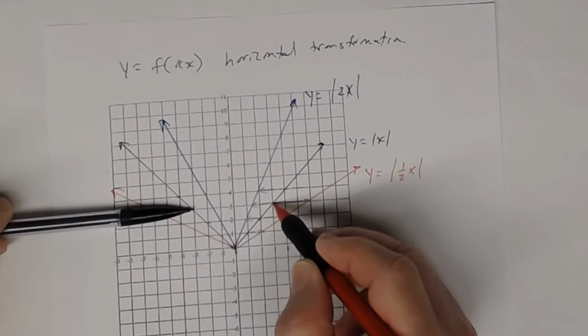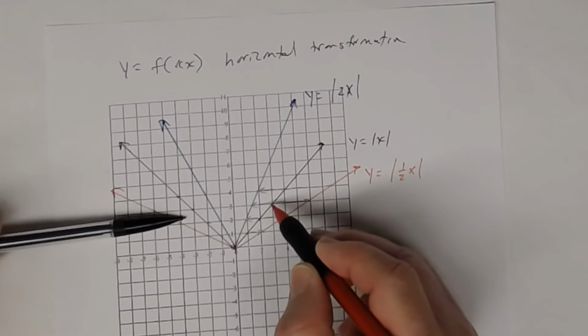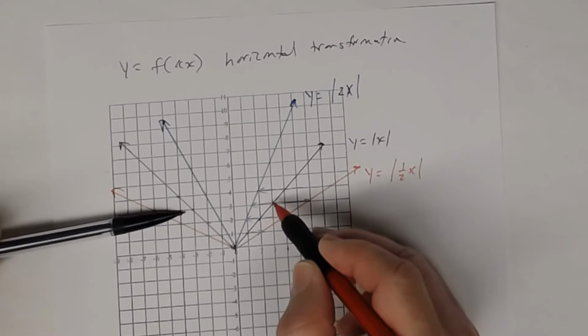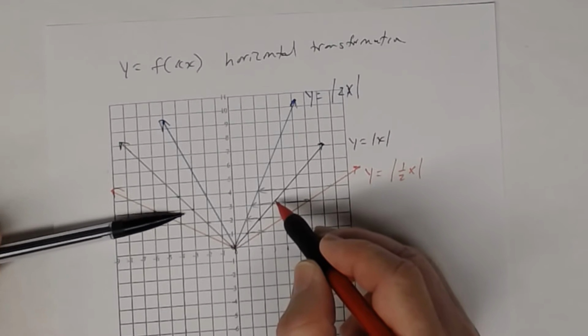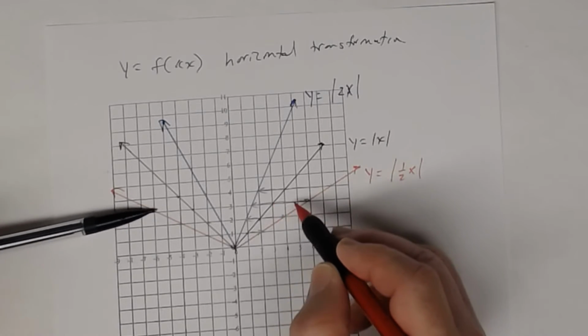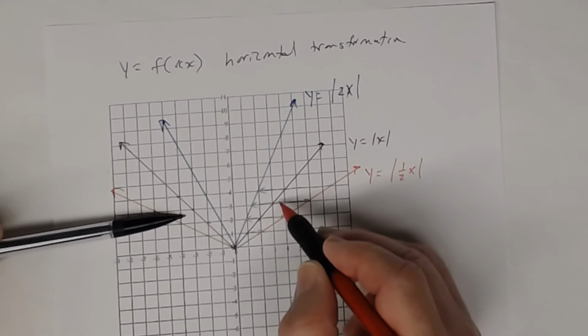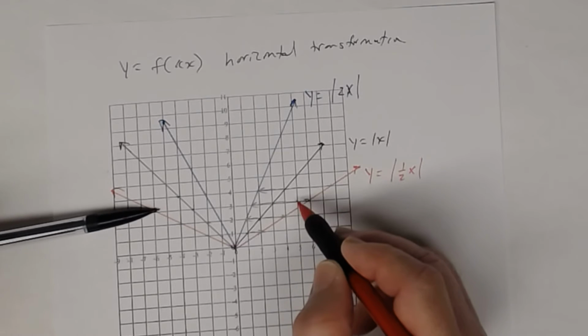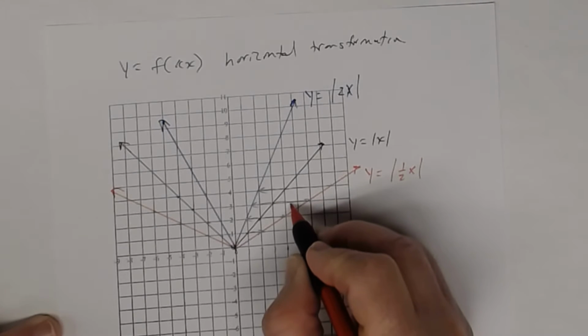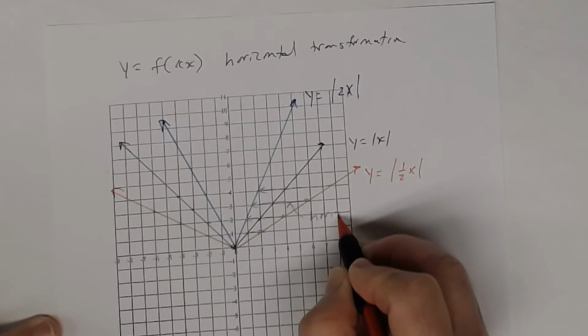And if this was a rubber band, I'm pulling it, right? So I'm stretching that rubber band. See that? That's a stretch. So when you go horizontally, this is a stretch. Think of this as a rubber band, and you're stretching it. So this would be a stretch right here. So this would be a horizontal stretch,